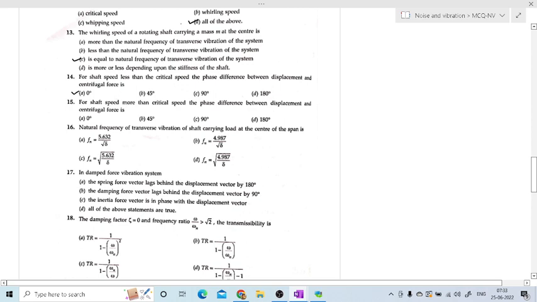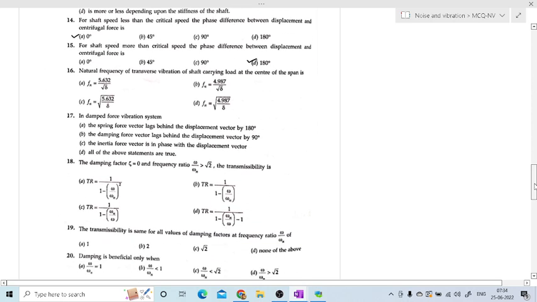Along with this you will have to remember the next thing too. Question number 15: for shaft speed more than critical speed the phase difference is 180. That is, when the speed is less than critical speed, the frequency ratio is less than 1, so the phase difference is 0, meaning they are in phase. And when the frequency ratio is more than 1, meaning more than critical speed, then the phase difference is 180. Now